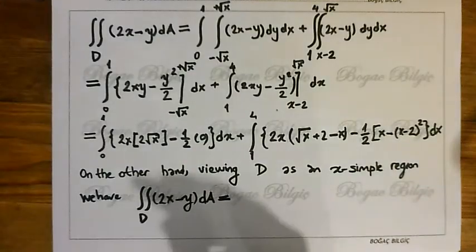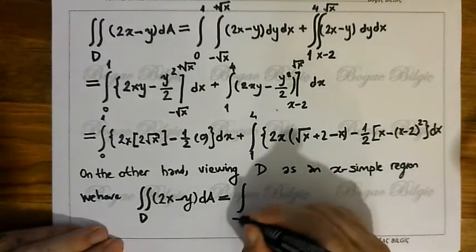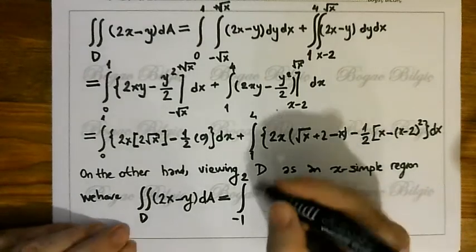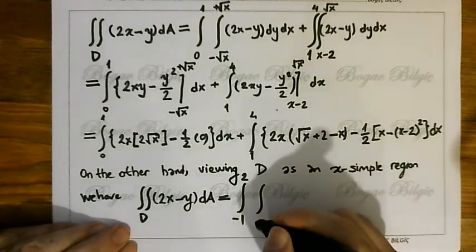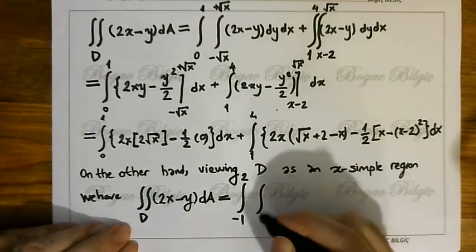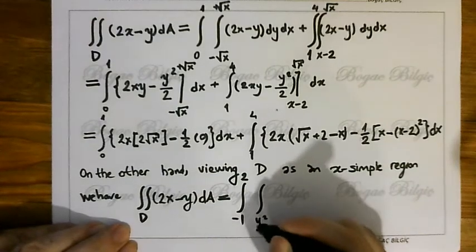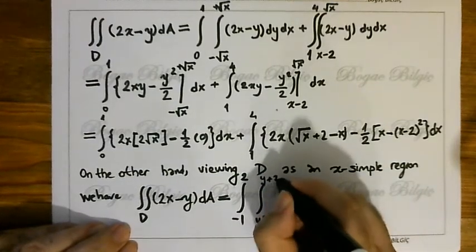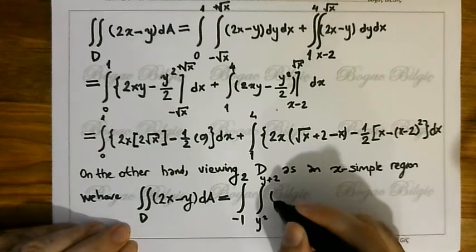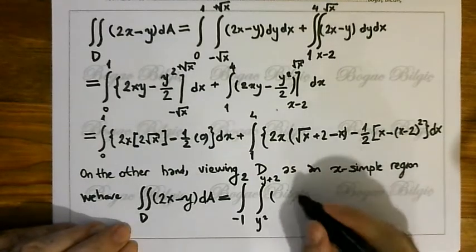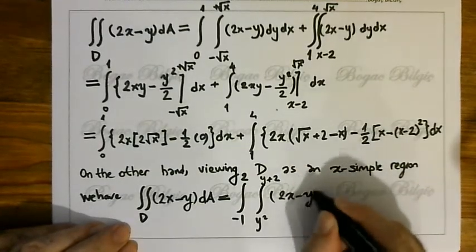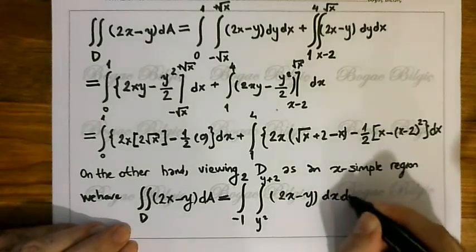So y from minus 1 to 2, and the lower boundary is y square, the upper boundary is y plus 2. Just only one area. 2x minus y dx dy